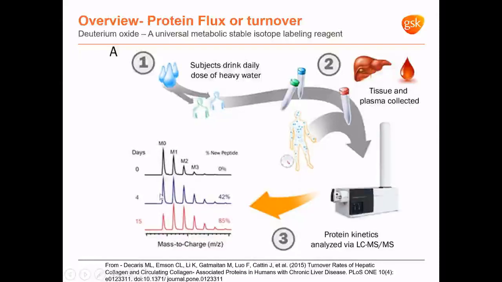And what we measure is a shift in the isotopic profile as a consequence of deuterium oxide incorporation. As more neutrons are added to the biopolymer, you get a shift from intensities in the monoisotopic mass, M0, to increased abundances at higher masses in the isotopic envelope. And it's this shift that we interpret as the label incorporation, and that is used as the readout of new protein synthesis.